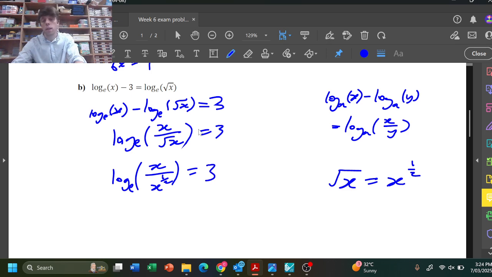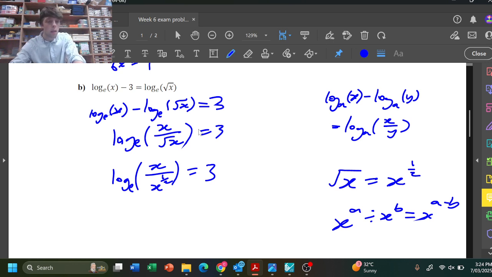And now what we have here is a division of two exponents. So here we have x to the power of a divided by x to the power of b. And to do that, we just need to subtract the two powers. So this is one of our exponent laws that we should know by this stage. So if we are dividing two bases, so two numbers with the same base and different exponents, we can subtract